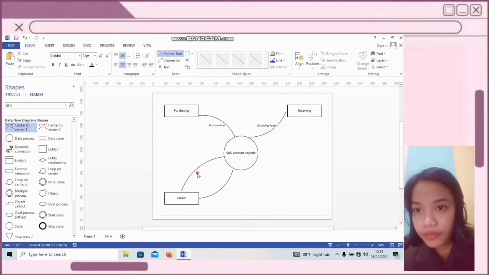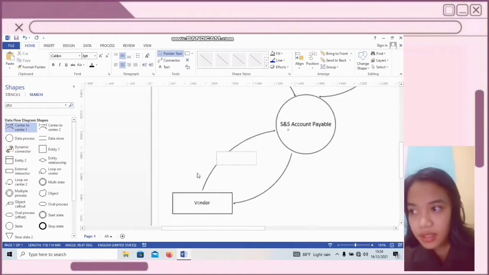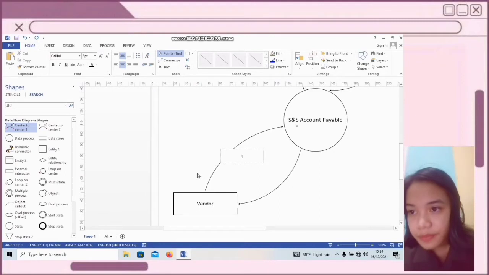And then give a description of the activity. The first activity, type invoice. Don't forget to adjust the size. And the second activity, type payment and remittance advice.